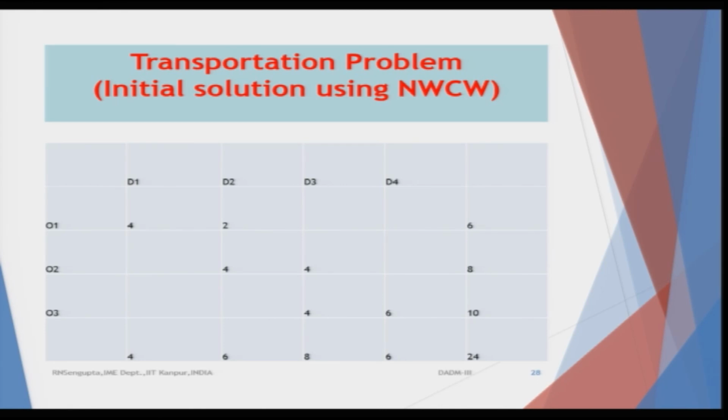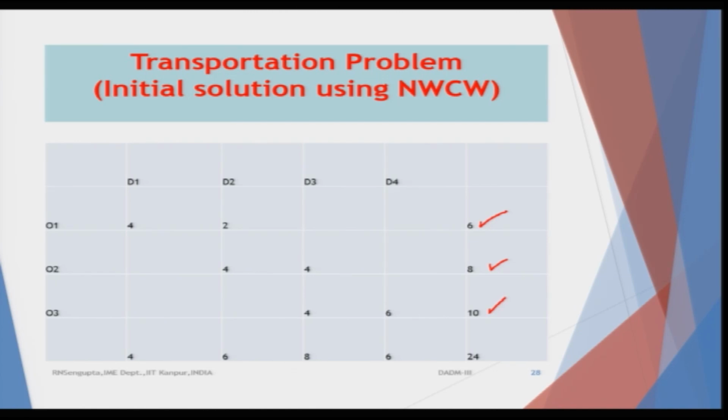Now, if I consider the simple northwest corner method solution, the values which come out are 4, 2 from O1 to D1 and O1 to D2. So the total transportation on the right-hand side is 6. If I consider O2, as per the northwest corner method, I will transport 4 to D2 and 4 to D3. So the total is 8. I am basically counting the rows. If I transport products from O3 to D3, the values are 4 and 6, so again the total value is 10. So the right-hand side balances.